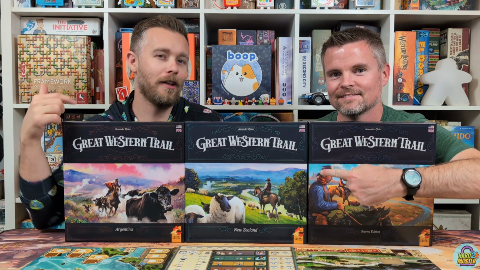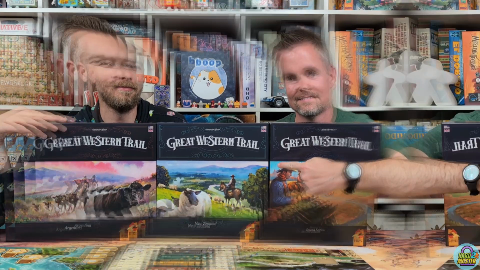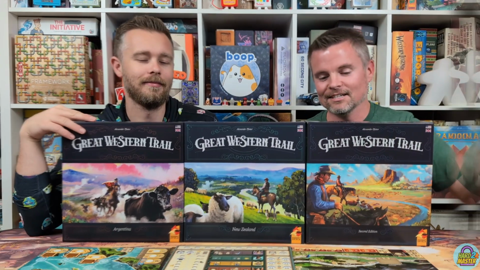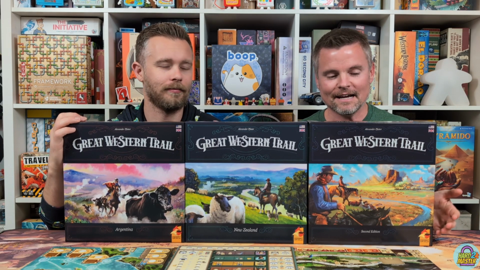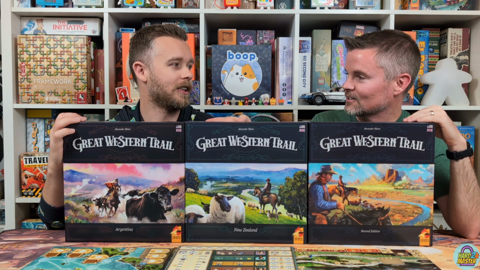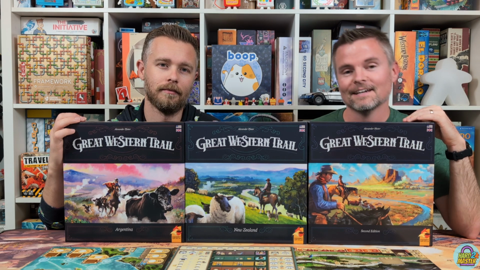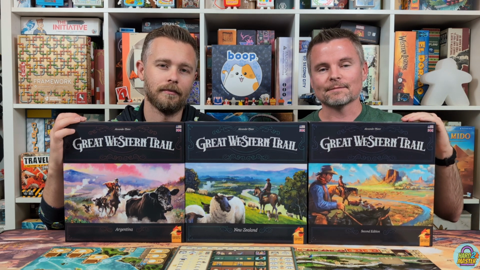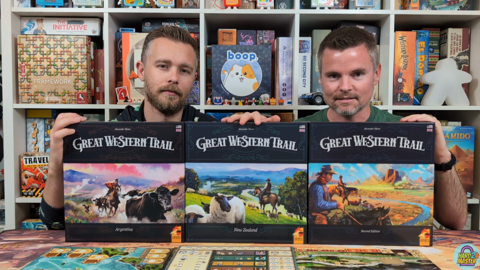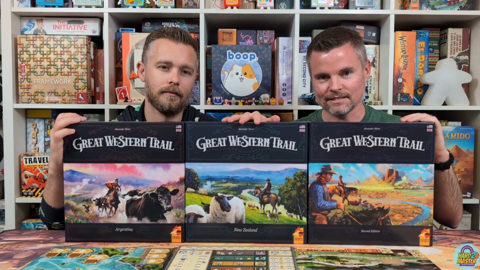Great Western Trail: New Zealand by Plan B Games and Eggert Spiel. Now, as you can see, we've got the whole trilogy out here. We've got second edition, we've got Argentina, and the newest, New Zealand. In this video, we're going to be talking about all three of these games, but primarily we are going to be focusing in on New Zealand, as it is the newest and latest in the trilogy series of